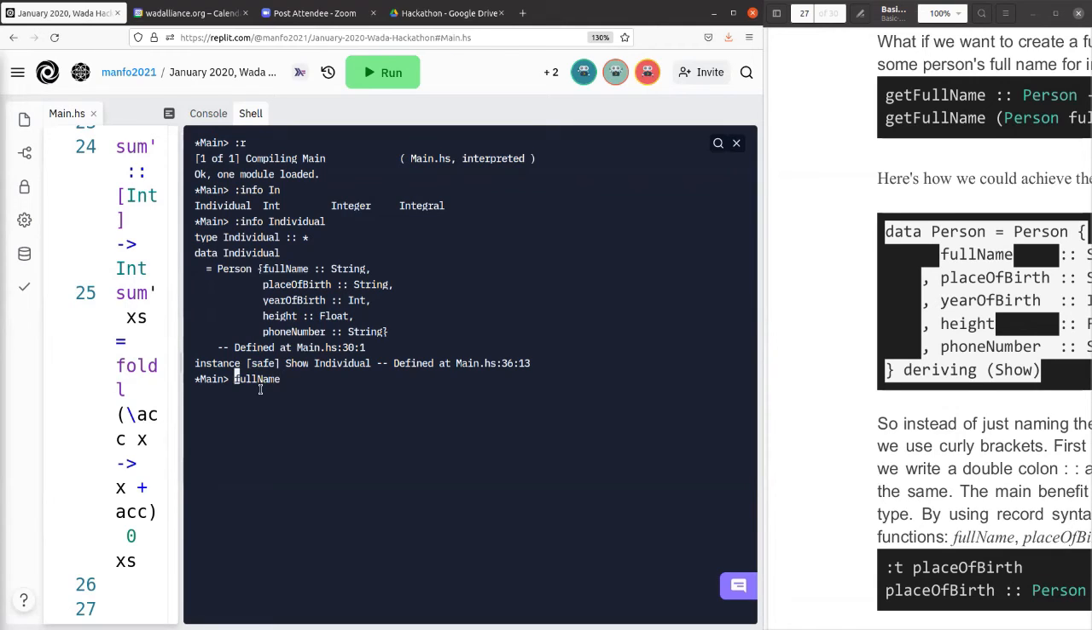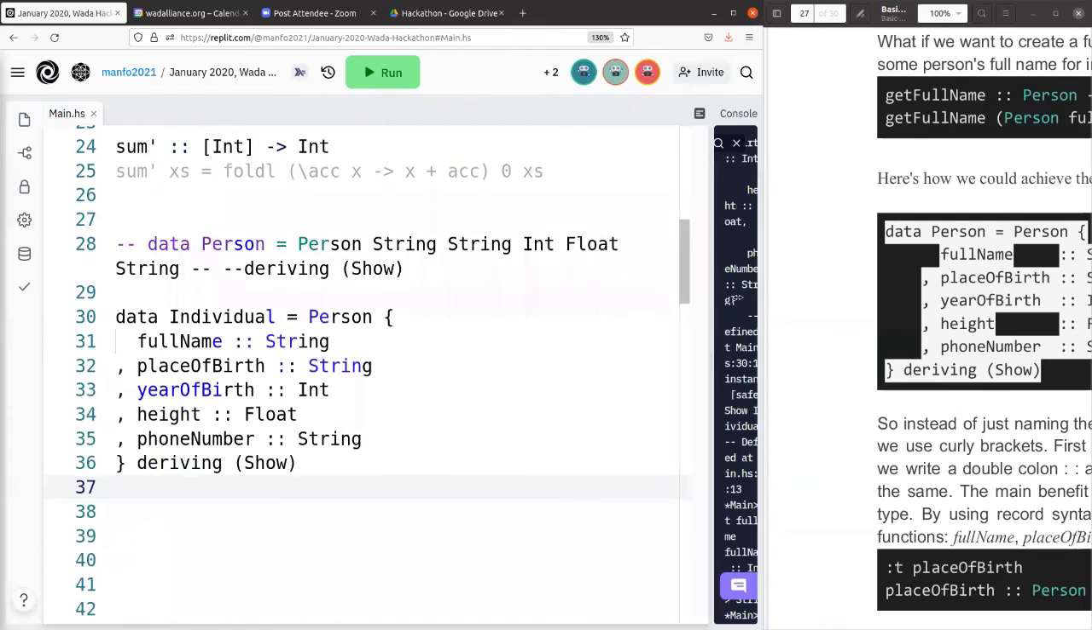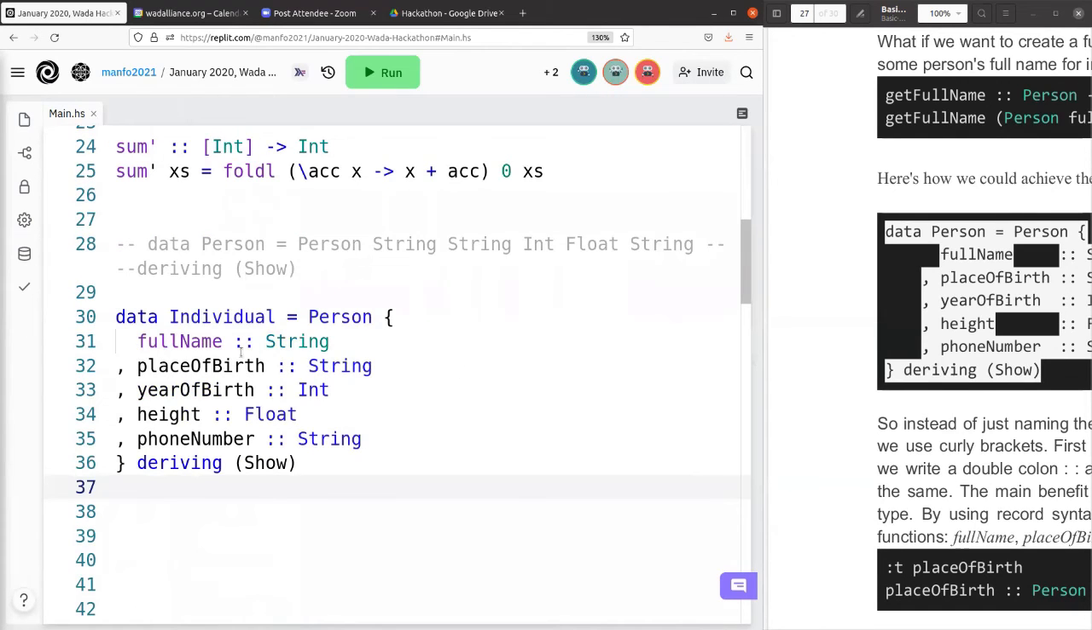So if I do type, what I get is it's a function that takes an individual as a first parameter and returns a string. It returns a string. This is actually pretty cool in the sense that in other programming languages, when you define a type or a class or an object from a class or whatever it is,